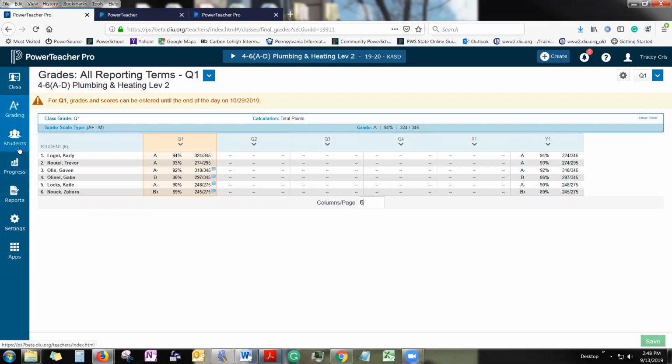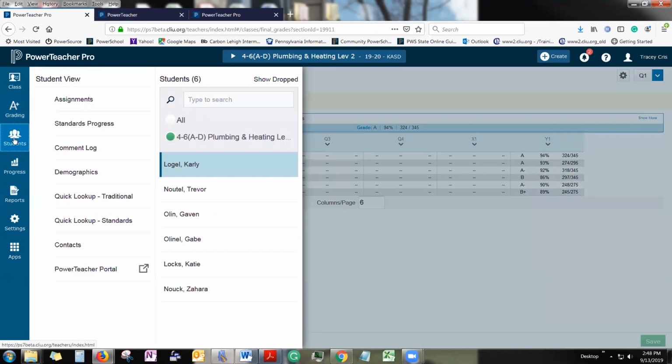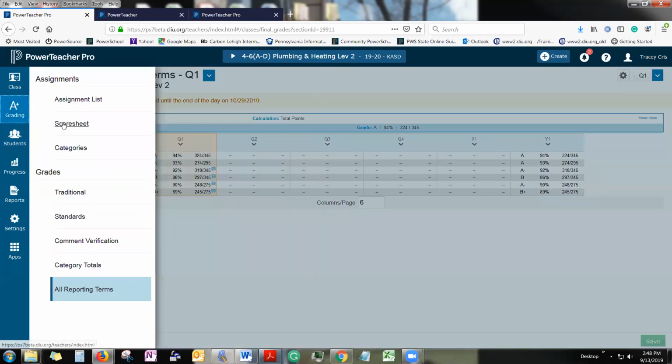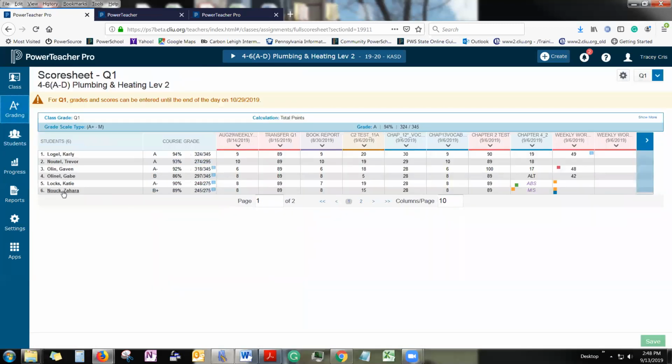Another area that we can move on to has to do with students. So when you have students, you can look at them from individual views, and you can look at them from individual assignments. So let me just start back under the score sheet. And every student that you're scrolling over, you can see that you can click on. So if I clicked on Carly,